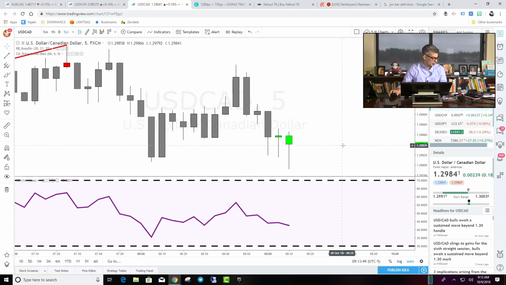Two pin bars in a row. No one has ever seen this. I'm in a good mood, obviously, because I just had that big win in the trade copy account, the international trade copy account. That was a really nice